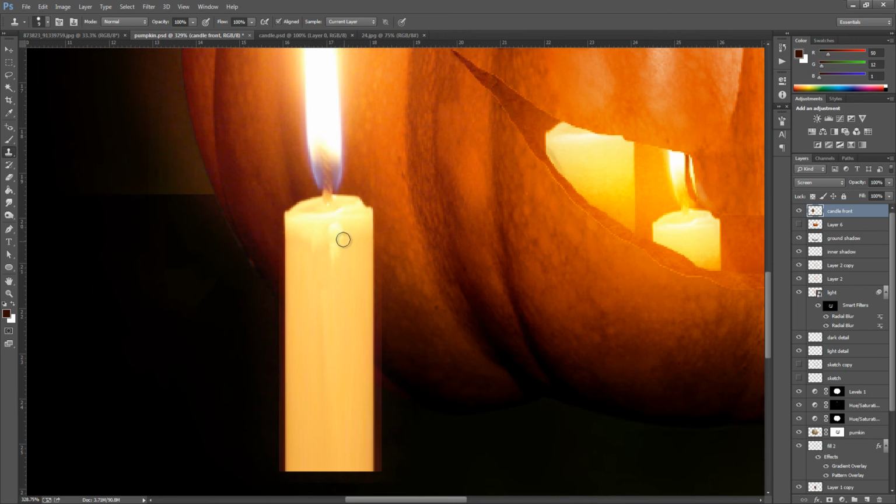Obviously we're going to smudge this later, so it doesn't matter if you're being too much with this, it's fine. Just keep going like that. You have a lot more time to play around with it than I am. I'm just doing this very quickly just to show you. Obviously I'm doing this very rough.